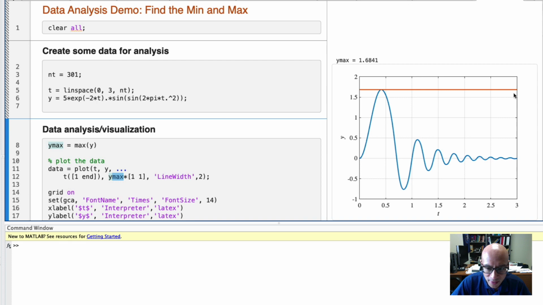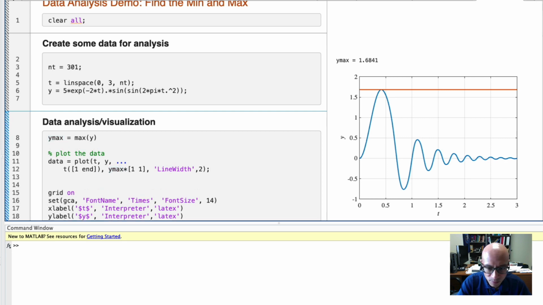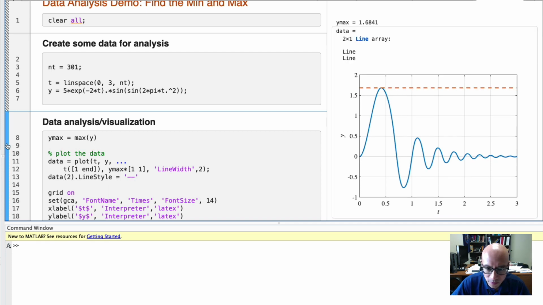We put in this line here, and it's starting to look like, yeah, we actually did find the maximum. It's a nice visual confirmation. And I might also make that red line dashed. Okay, so there's that. The other thing, though, is you might want to identify the x-coordinate. So I would like to mark in my plot, and I want to identify the time at which this function